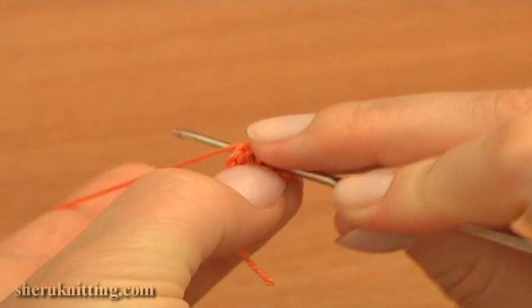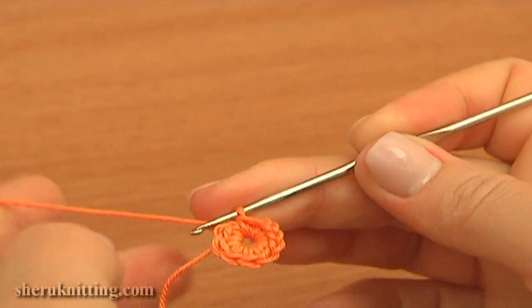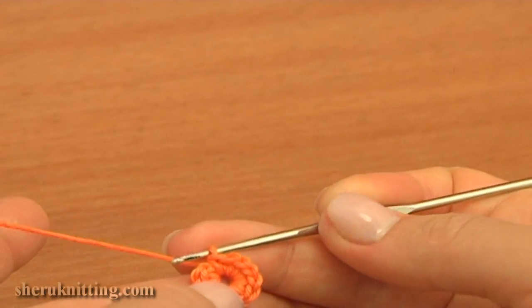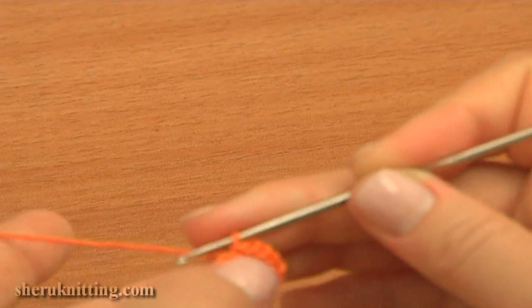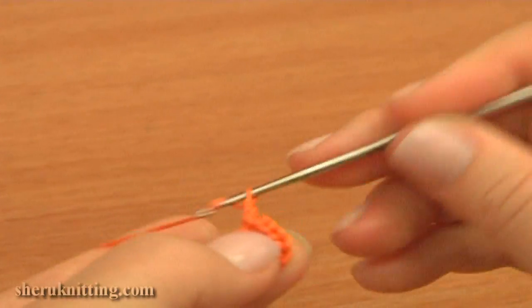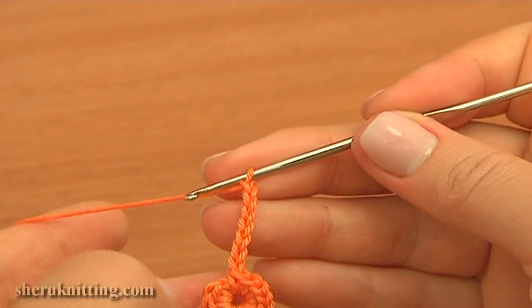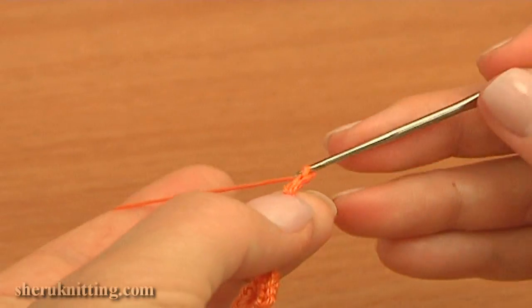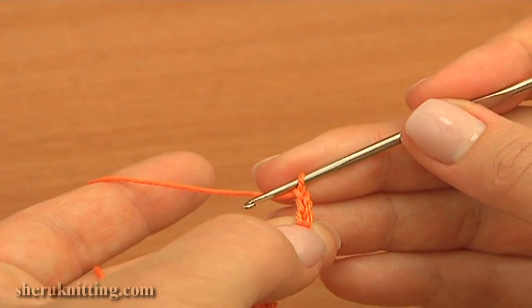Now single crochet 1 more time into the ring, and from this single crochet begin antennas for our butterfly. To start the first antenna, chain 7. 1, 2, 3, 4, 5, 6, 7. Then chain 2 more. 1, 2, and through the third chain stitch away from the hook, make a 5 double